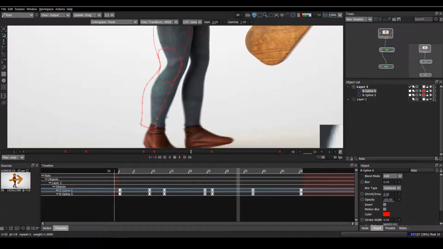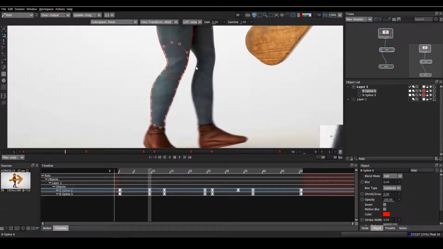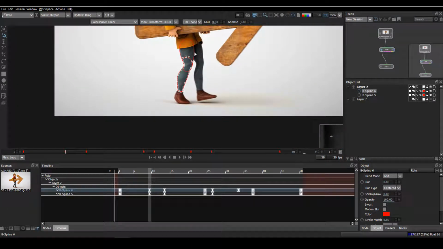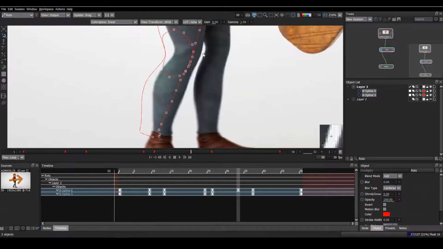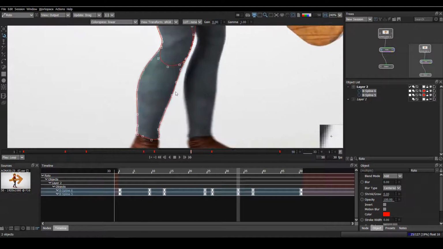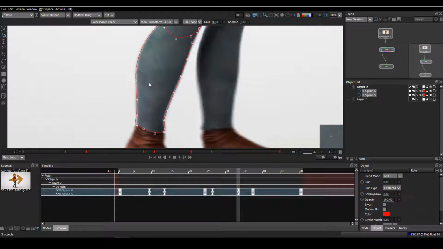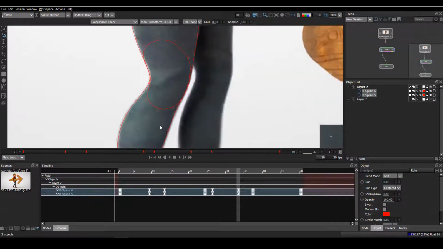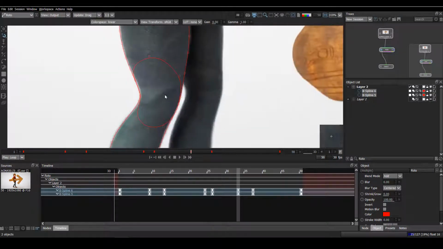Let's see, I think on this frame the shapes are coming at the same place on frame 33. So I'll copy this position, Control Alt C, and then I'll go to frame number 33 and paste, Control Alt V. So it's now set. We need to match it a little bit. Okay, so it will be more easy for this shot now.